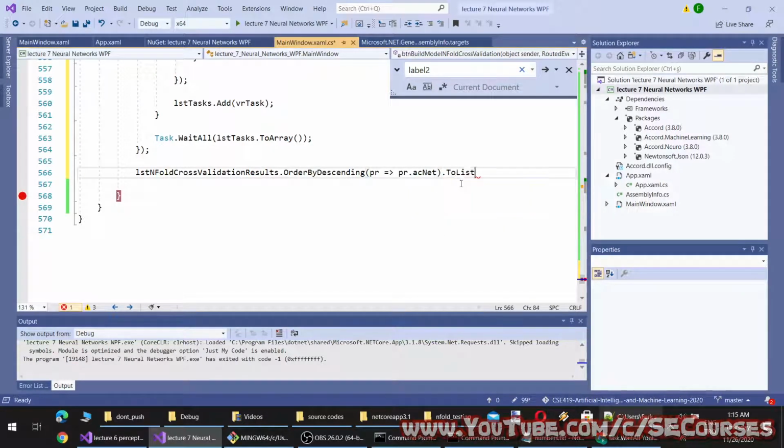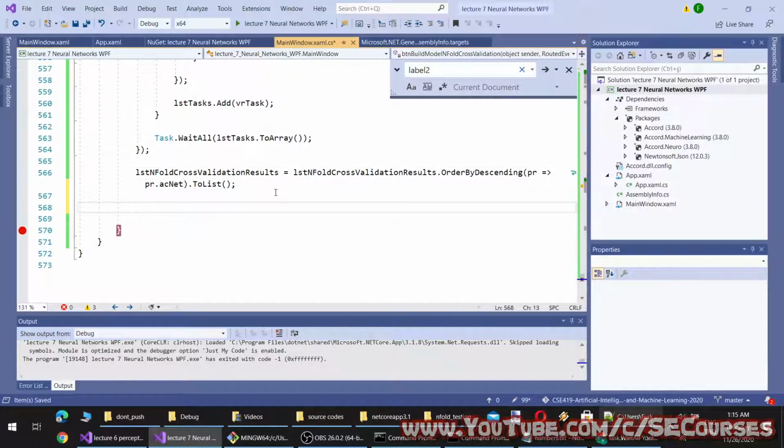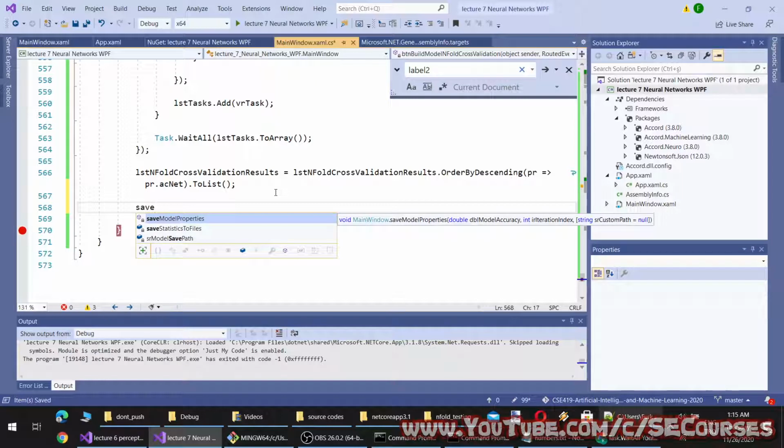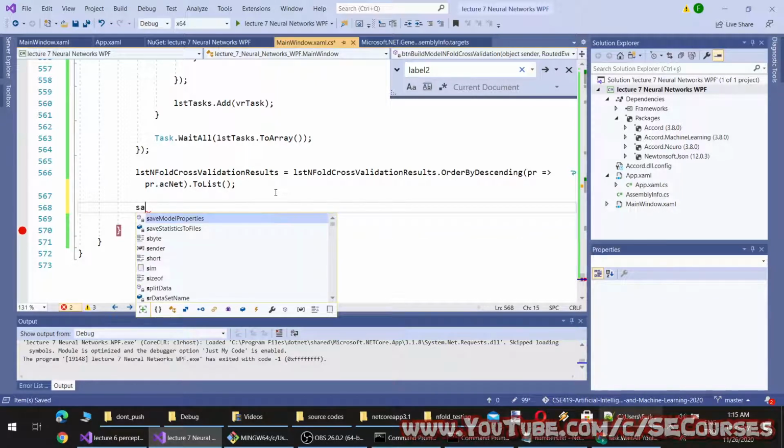Okay, to list, and then save model properties.